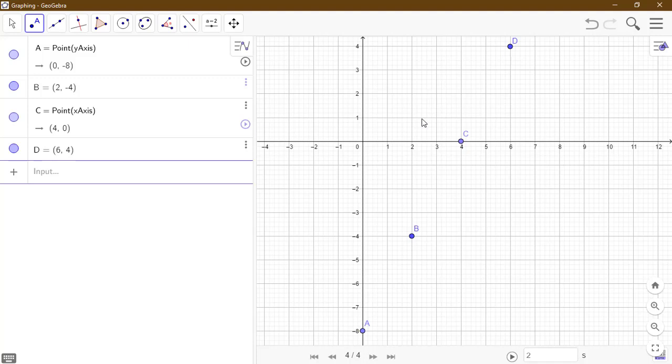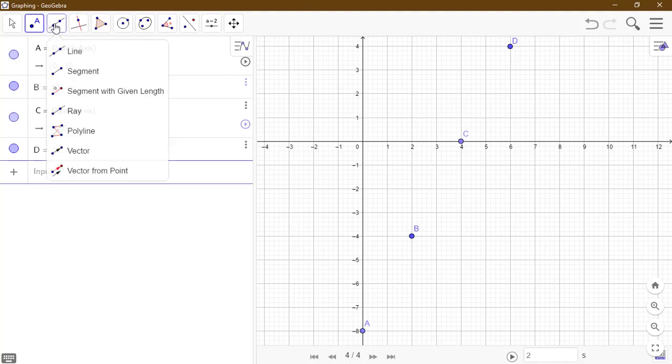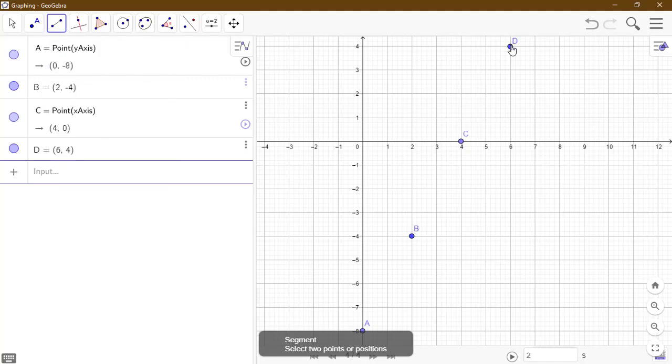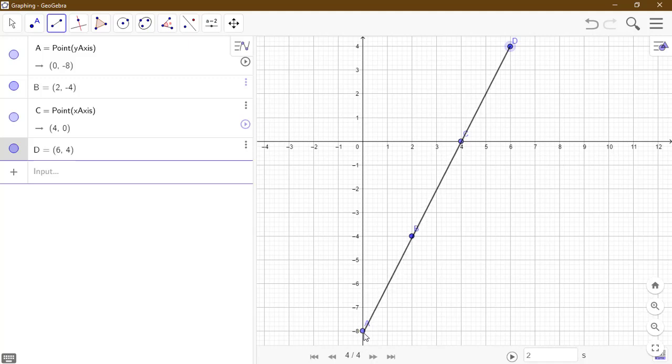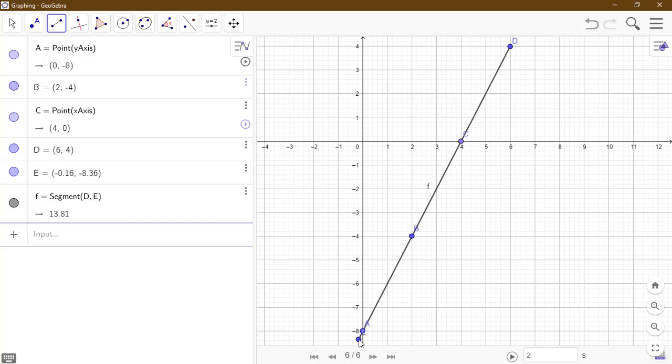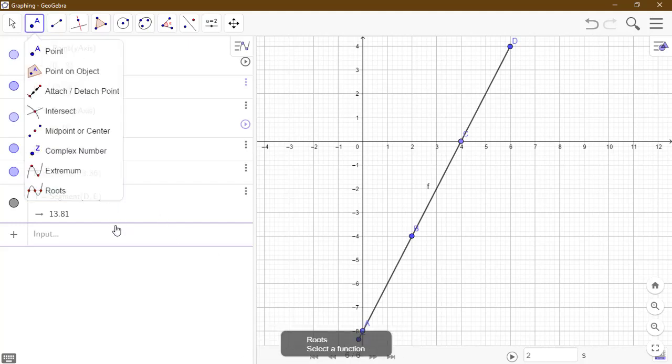So with this, we need to plot the graph now. Let's see what that will give us. So we join the points together. Then we take